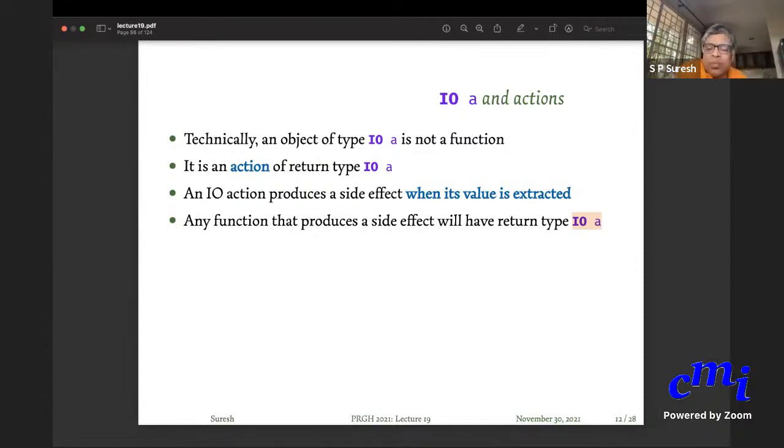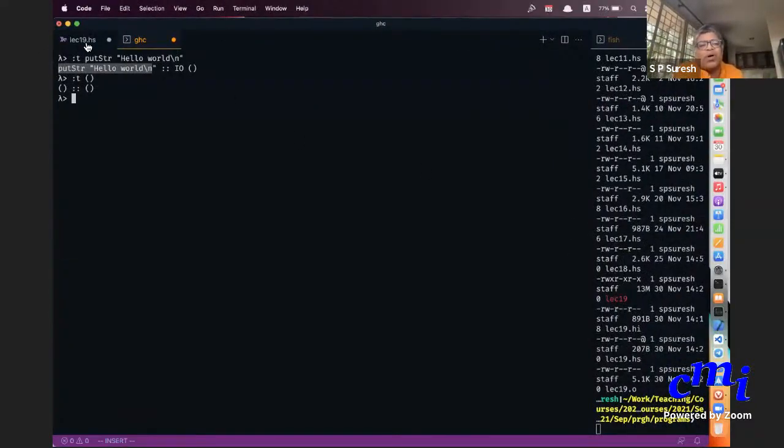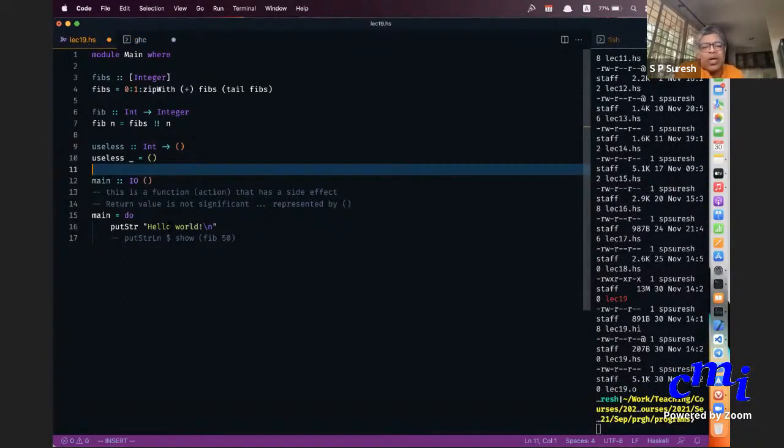Functions that do not have IO on them are called pure functions. You cannot embed a side effect, an effectful function, into a pure function. But you can embed a pure function into a side effect function. For instance, we did this. We had Fibonacci, which we wrote, and then we said that Fibonacci can be called from inside this main. But you cannot have a function that has side effects, which has been given some IO type, and then put it as part of a larger function that has no IO in it. If you put it, you have to introduce IO in the type of that larger function.